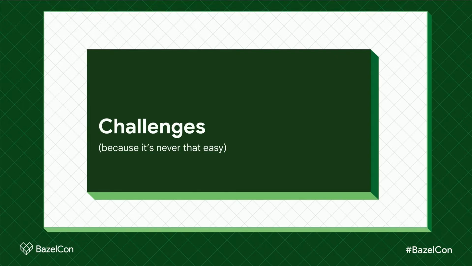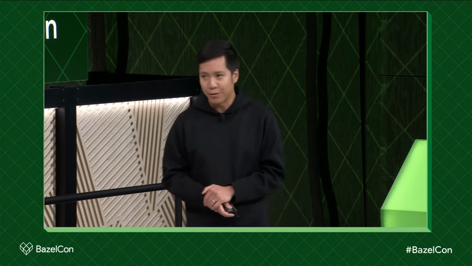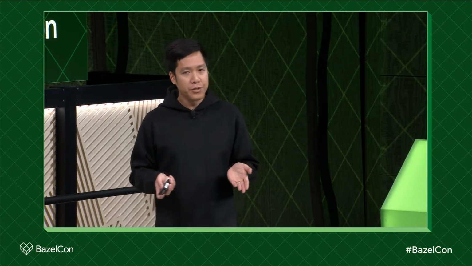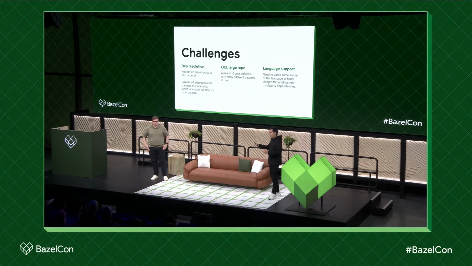So, Ari was talking about all the nice things about building on Gazelle as a platform. Of course, it's never that easy. If it was, I probably wouldn't be up here talking right now. So we had a few challenges to solve, and this is part of the fun part and part of the difficult part too. At its baseline, what Gazelle is trying to do for us, or at least the way we viewed it, is how do we resolve dependencies? How do we fill in the dependencies attributes for targets in build files?